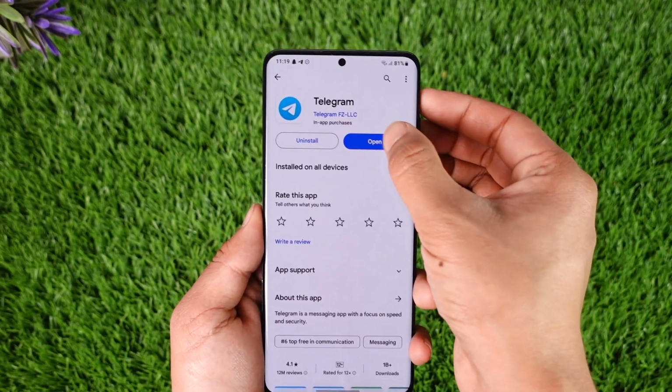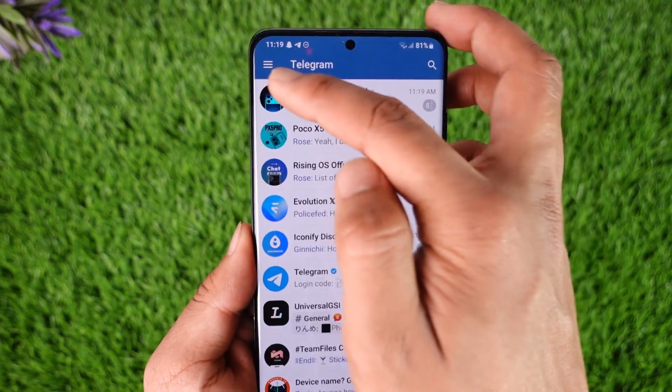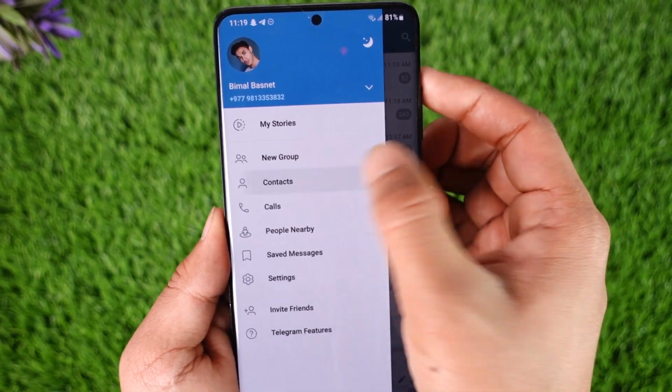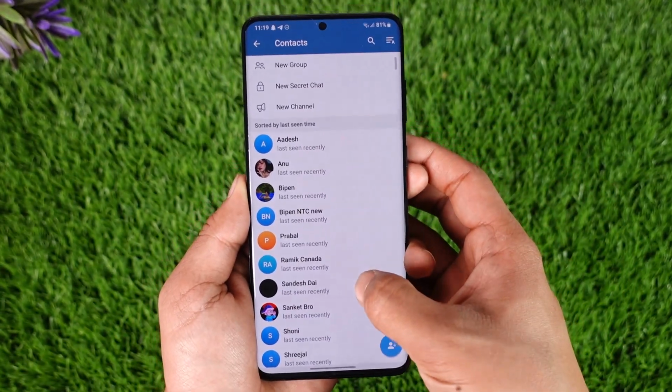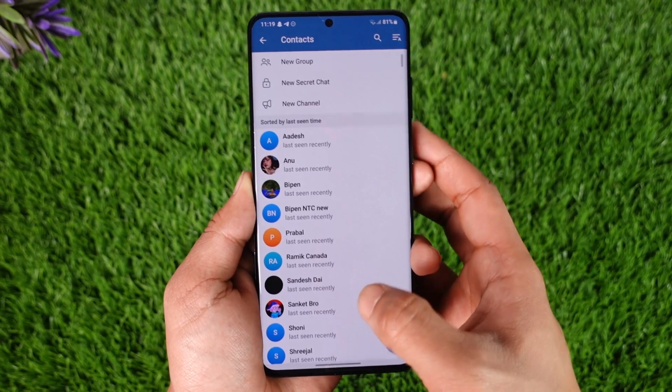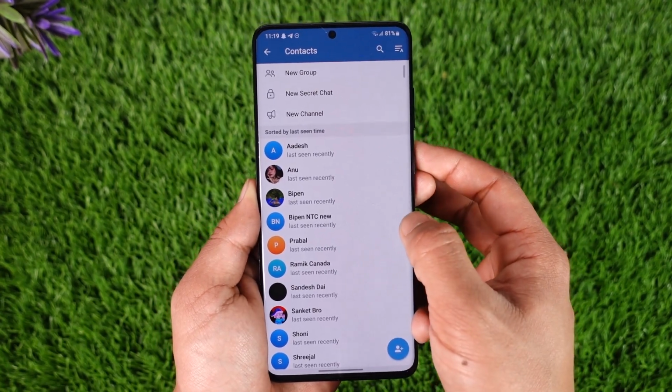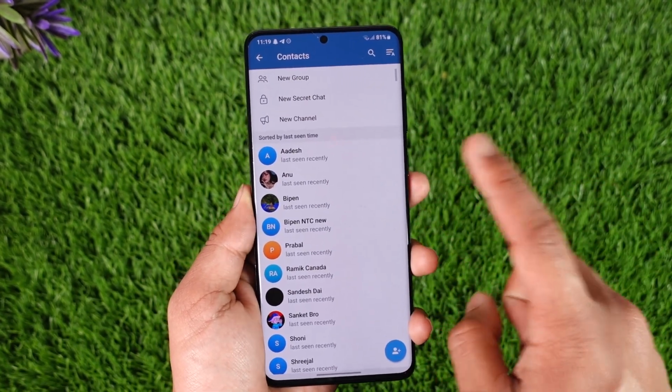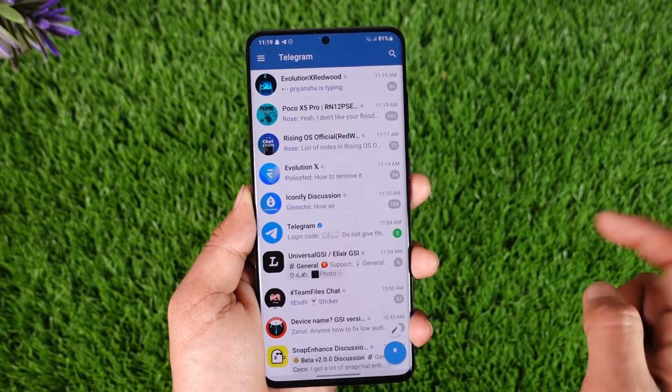So if I open the Telegram application here, and tap the three lines option and then go to the option called contacts, here you can see it will show me a list of all the contacts that are synced from my contacts on my phone. If I would like to delete these contacts so that they wouldn't appear on my Telegram, just come back,